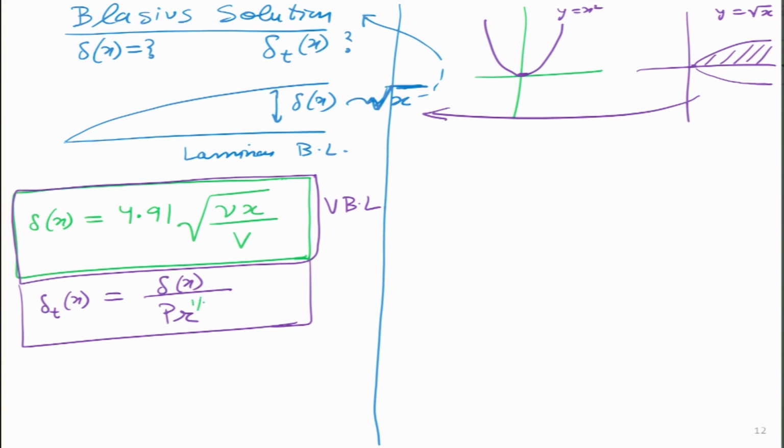So, Prandtl to the power 1 by 3 simply links the velocity boundary layer to the thermal boundary layer. The result turns out to be very beautiful, and we can see that in both cases it will turn out to be this square root region over here. So, y is equal to square root of x.